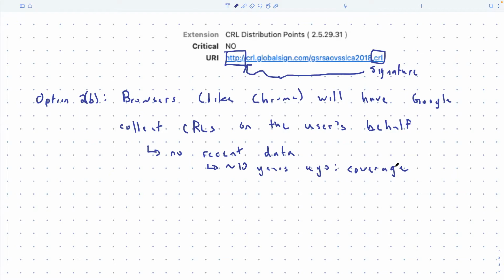So I think the experiment was, let's go ask them over OCSP, wait for the response, and then if they say it's been revoked, we'll check the CRL. And they found that for a lot of these, either it wasn't included in the CRL, or maybe it was that Google wasn't hitting all the CAs. So, Google was only hitting the top 50 CAs, but there's hundreds of CAs or something like that. I forget what the source was, but the coverage was low. So hopefully this has been fixed, but I haven't seen any recent data on it.